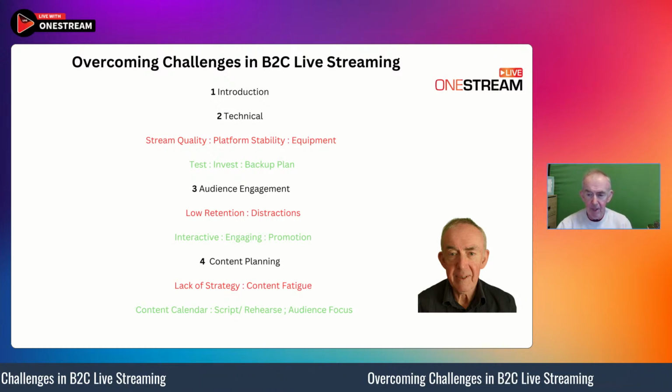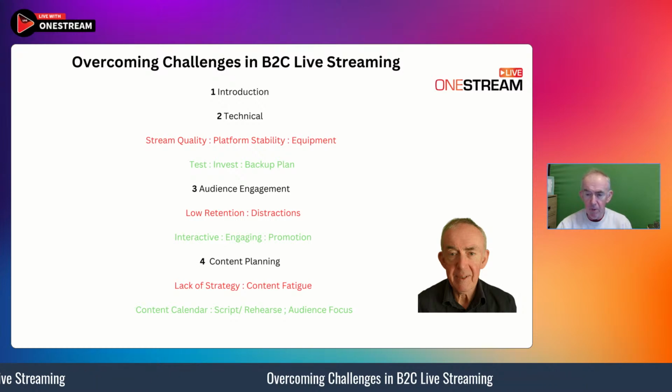If you are a business and you're broadcasting to consumers, what you want to portray is both professionalism and quality. You can't do that from a mobile phone. You can do that from your desktop, be it PC or Mac, using a studio like OneStream, and then you can go live. You're assured of the quality of the broadcast. This is key. What you don't want is to put out a second-rate broadcast where there's a problem with the video, problem with the sound, or a problem with the transmission.